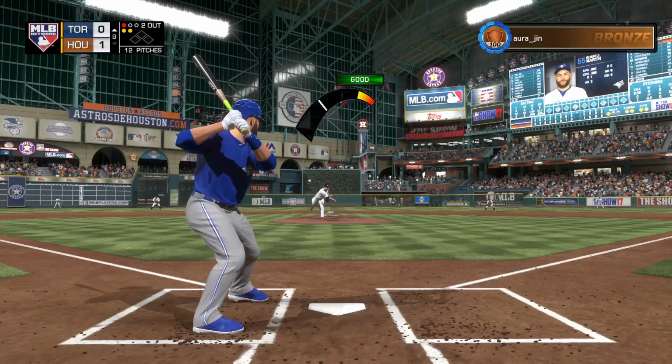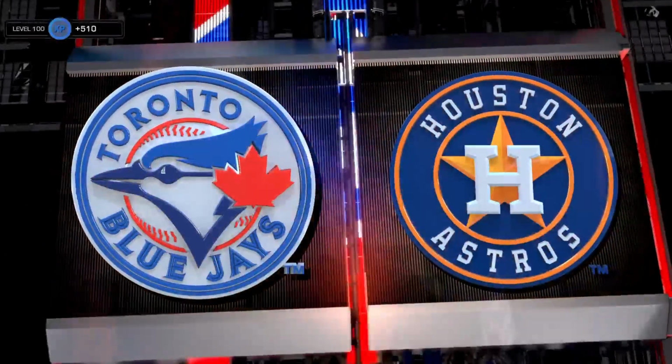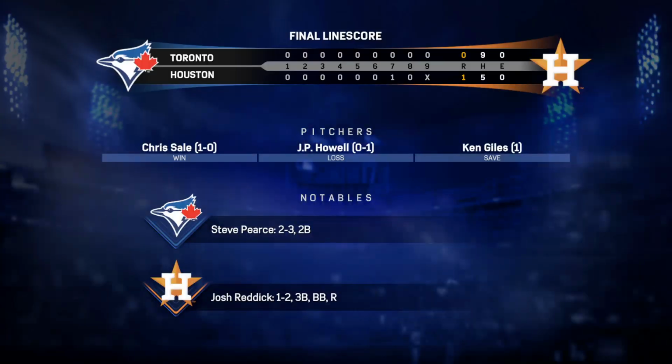1 strike from a shutout. Here it comes. Swing and a miss. He struck him out, and that'll do it here as the ball game is over. Well, we watched a really solid starting pitching performance, kept the opposition at bay, and as